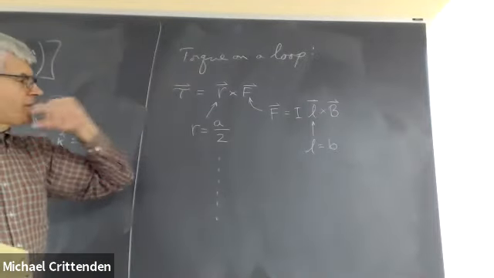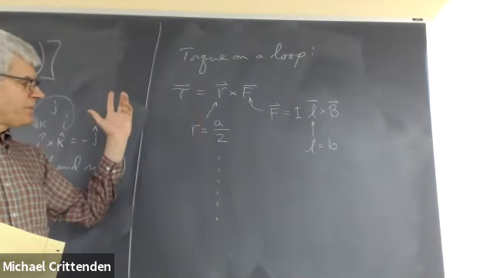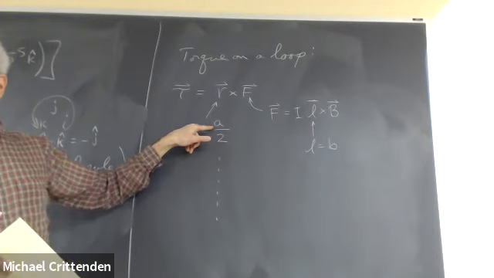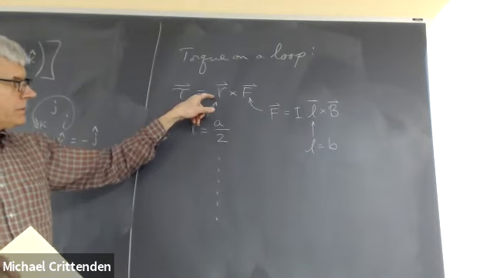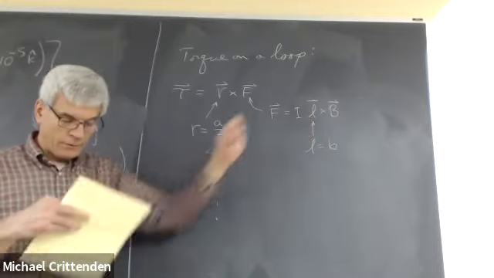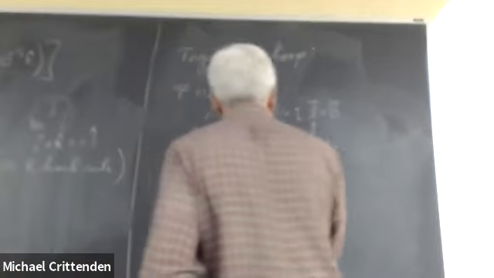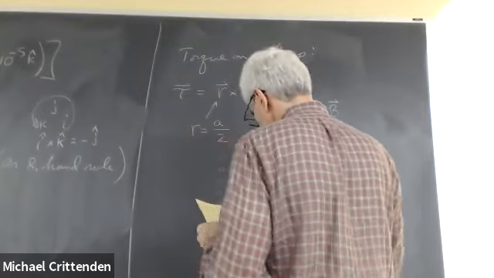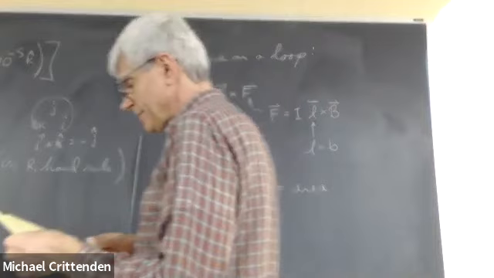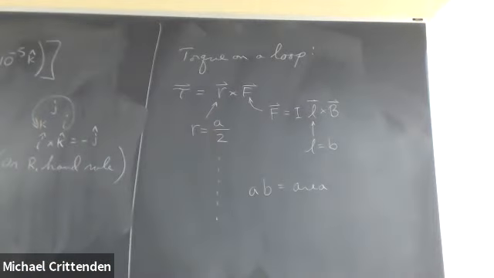So it would be R cross F for the one wire plus R cross F for the other wire. When you do the multiplication, you've got an A from here that went into the radius, and you've got a B over here that went into the length of the wire. A times B, length times width. That's the area enclosed within the loop. So when the smoke clears,